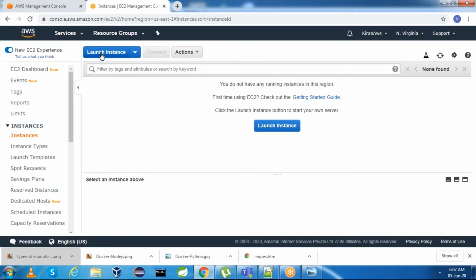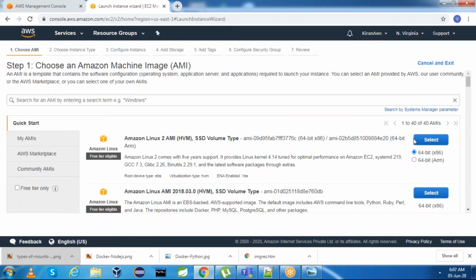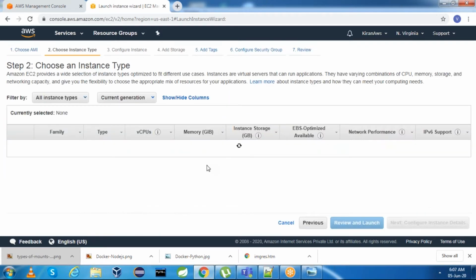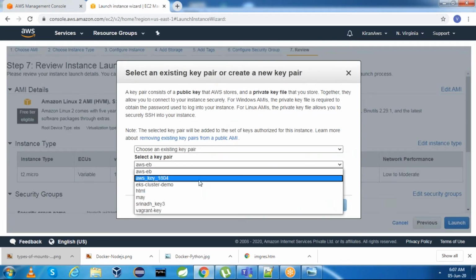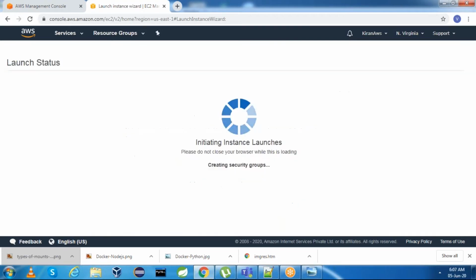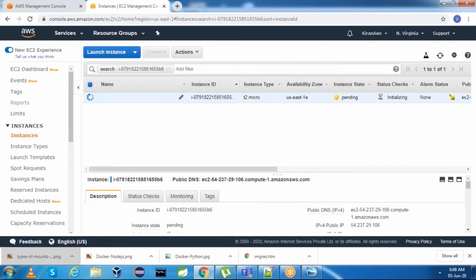I'm going to take an Amazon Linux 2 instance, launch instance. Amazon Linux 2, review and launch. This is the key pair which I have with me. Yeah, this is for Docker volumes.